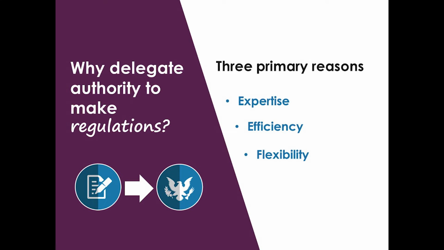Note that legislatures are not required to delegate authority to make regulations to administrative agencies. They can always work with their own staff to gather the information they need to draft detailed and accurate laws. However, delegating regulatory authority to expert agencies is one option that is frequently used to save time and effort, which brings us to our next point. Delegating authority to administrative agencies can sometimes be the most efficient course of action. Legislatures may not have time to hammer out all of the details needed to address a problem or implement a particular program,